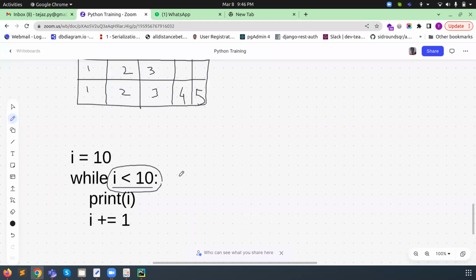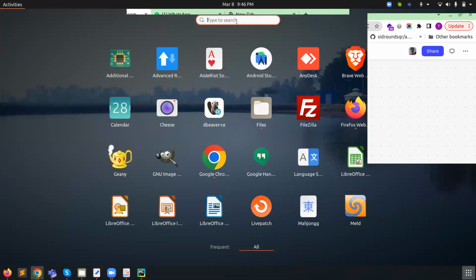When the condition never becomes false, it will always keep working and take some space in the memory. What does space in the memory mean? The memory allocation happens in the RAM. When the RAM is full, what will happen? It will hang. At that time we say that this is an infinite loop.